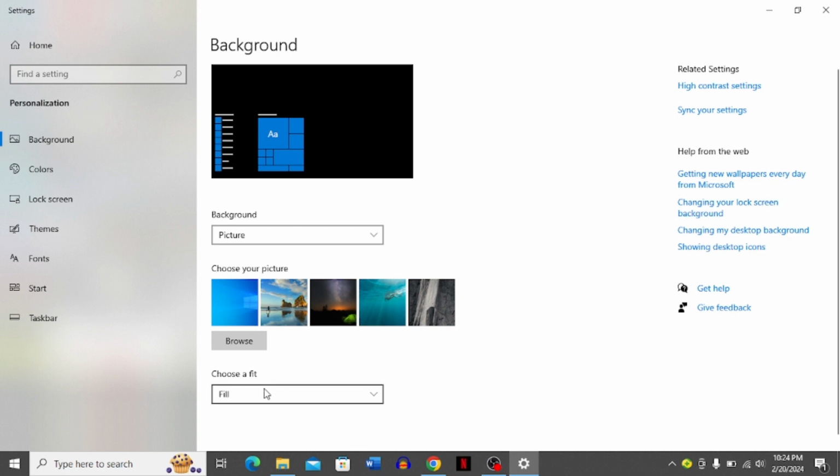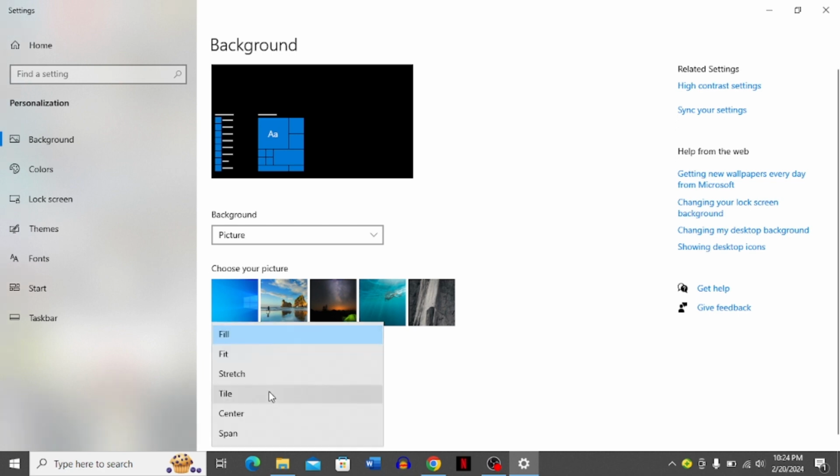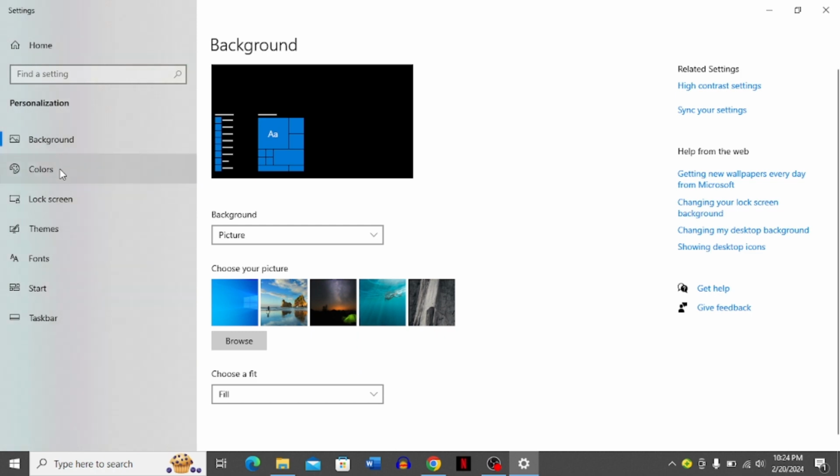And then you have to choose a fit. You can choose fill, fit, stretch, tile, center, and span. Just choose the one that you like and desire, and then you can just go to Colors, and here